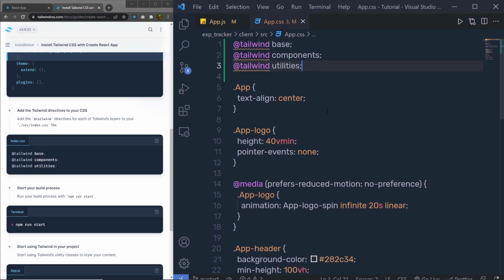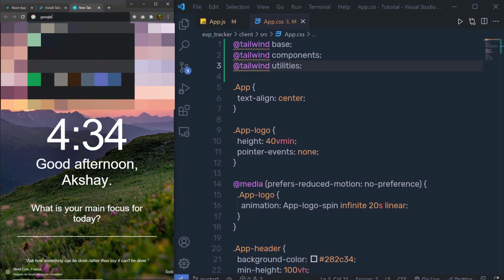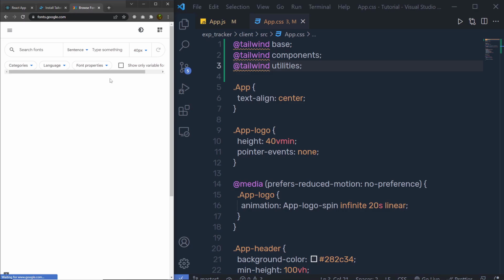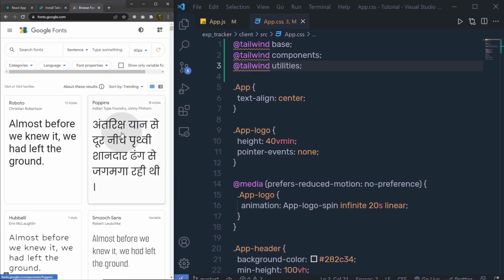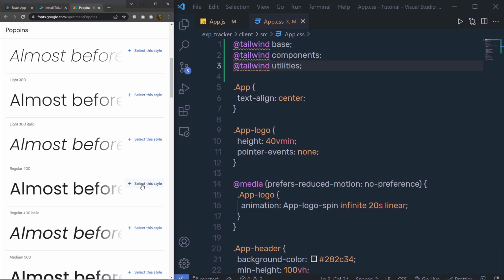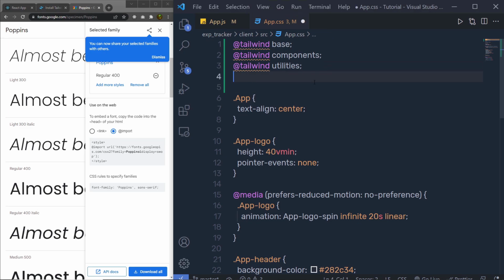Now, I want to use my own font family inside this project. So I'm going to just copy a font from Google Fonts. From this Google Fonts website, I'm going to copy a font, which is Poppins, this one. I'm going to select the regular style, regular 400. I'm going to copy this import statement, something like this, and specify that right here